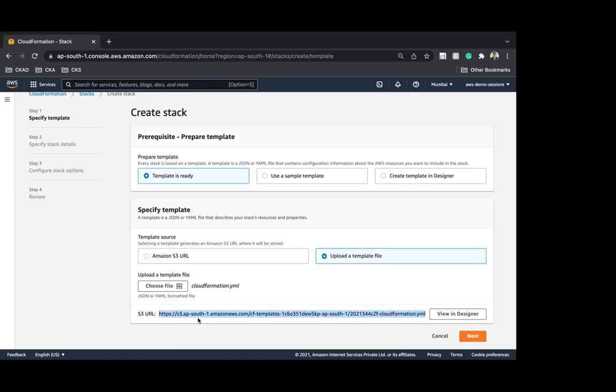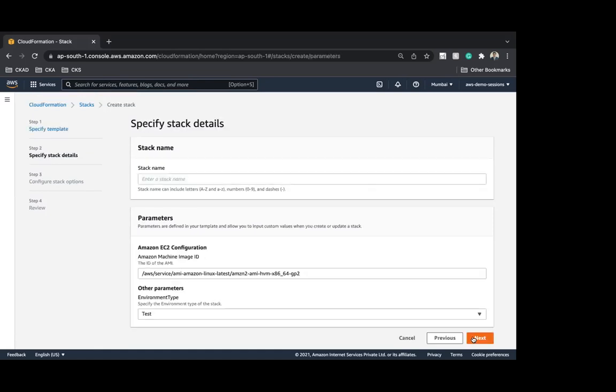That's exactly what I was explaining when we learned the zoom in view of how CloudFormation works. It always points to the S3 URL, whether you provide it via S3 or you upload it locally, but still behind the scene, CloudFormation refers to the S3 location for the template. Next, you can provide different parameters to make this template dynamic at runtime, right? That's exactly what makes this CloudFormation very generic, that you can provide the parameters at runtime rather than hard coding them in the CloudFormation.